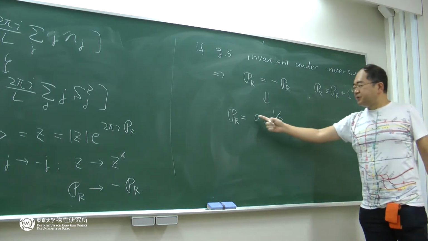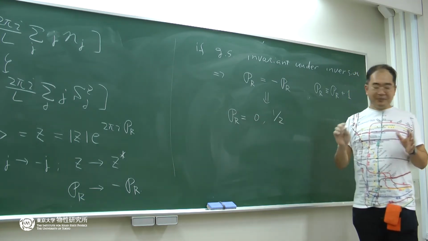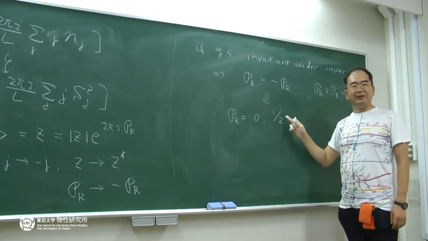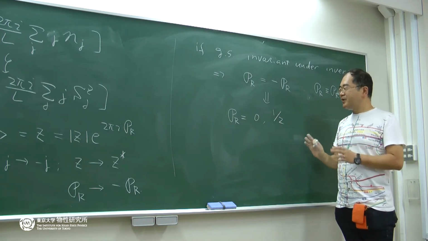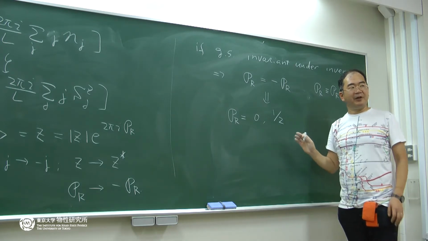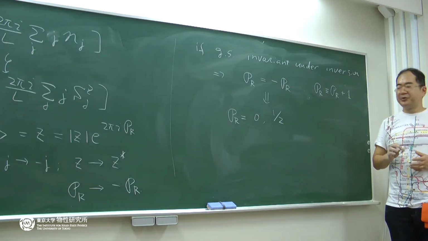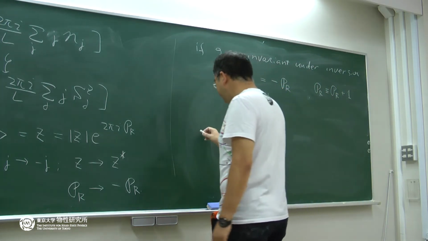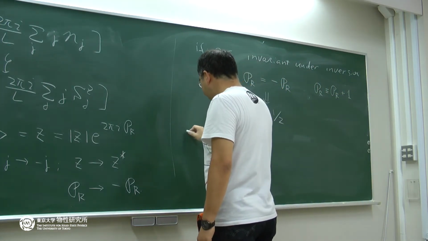And so PR equals 0 applies to rather trivial kinds of insulators, in electron language. But the 1/2 one, if there is a ground state which has PR equals 1/2, then it's more non-trivial. And actually, for example, if we consider